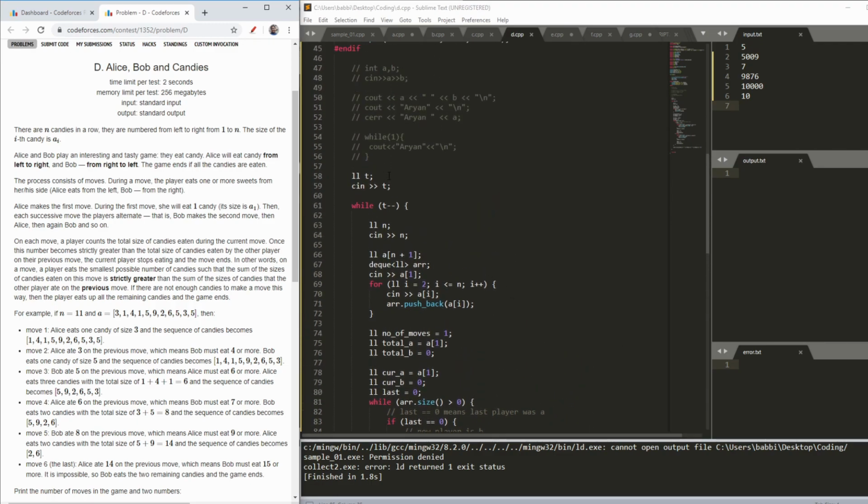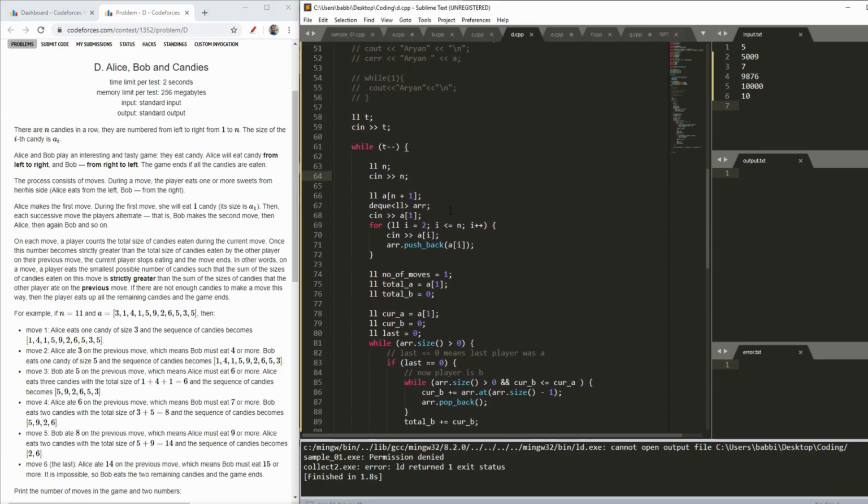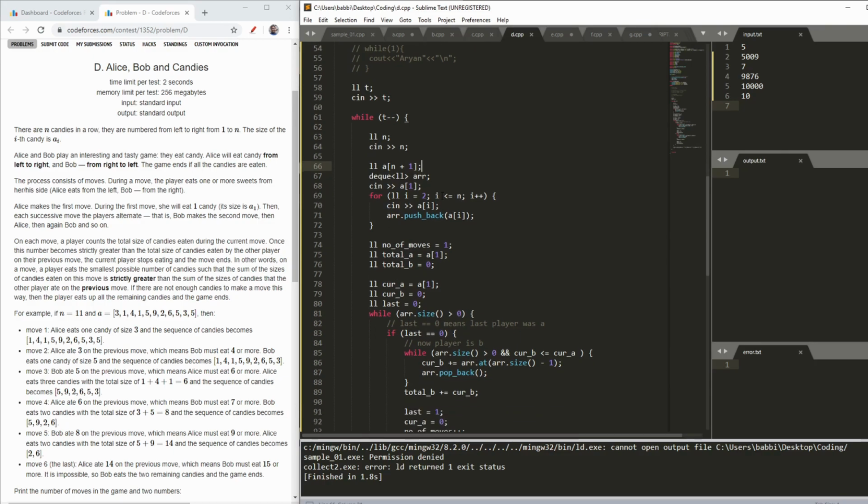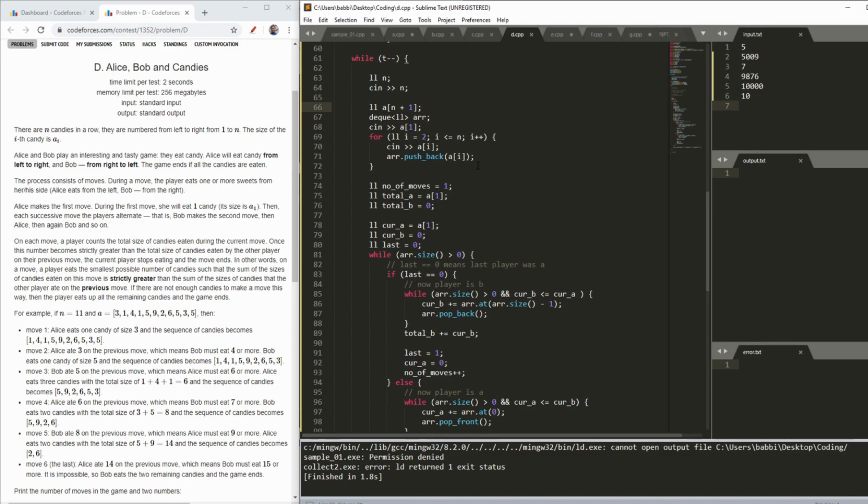So let's have t, the number of cases, then I have my n, then I will initialize my array to hold the elements, and I will also initialize my DQ, which is ARR. Although the name is like an array, it is actually a DEQ. So I will push back my elements in my DEQ.